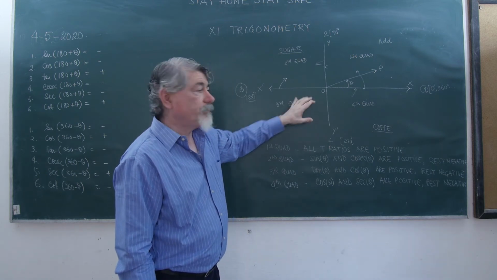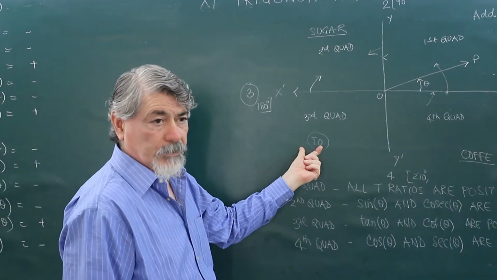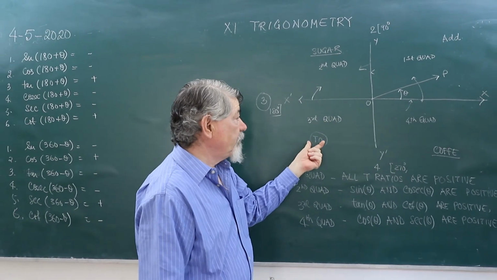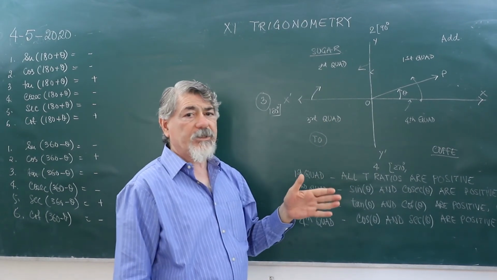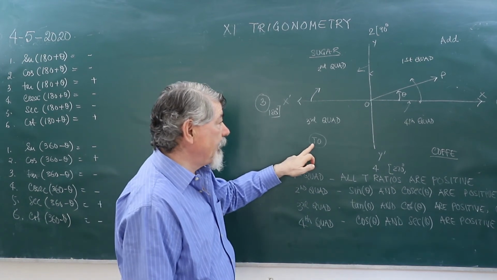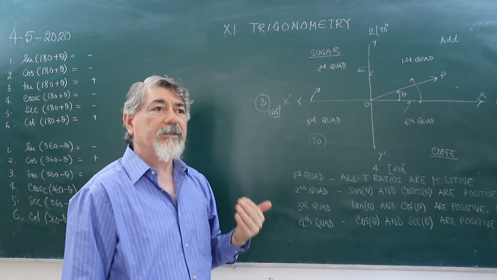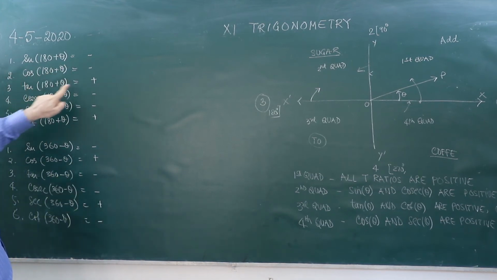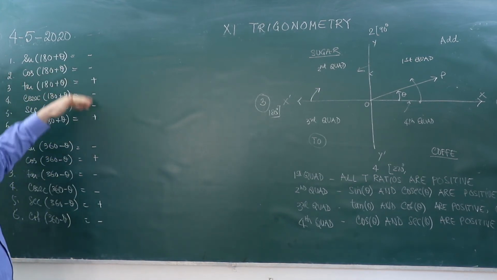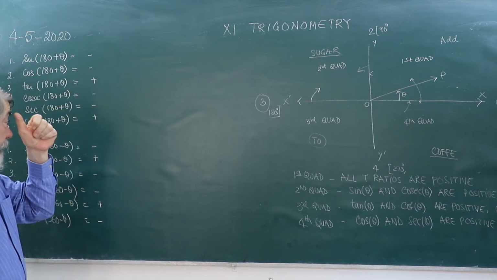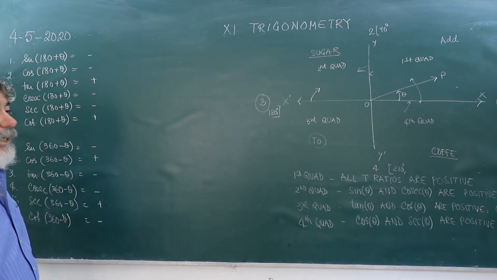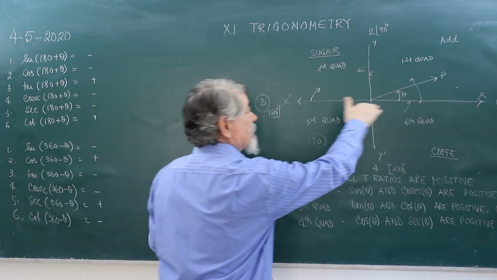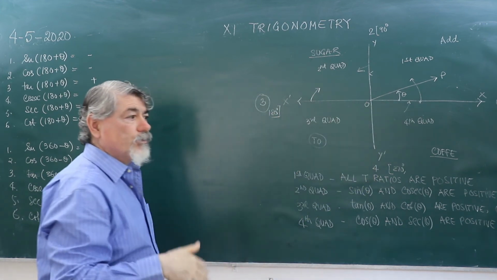For the third quadrant we'll follow add sugar to coffee: tan and cot will be positive, the rest will be negative. And because it is 180 along this x-axis plus something,